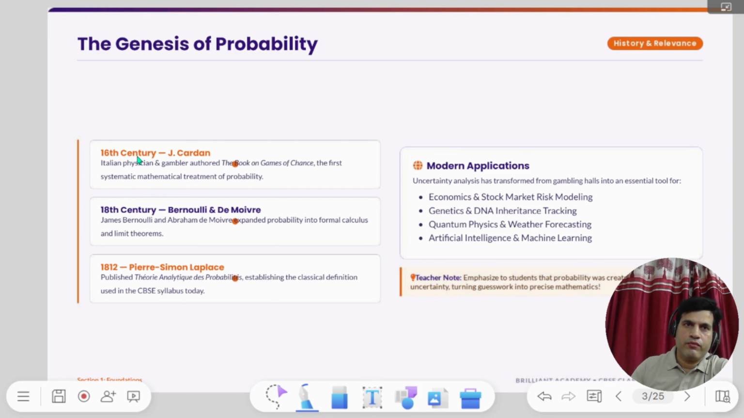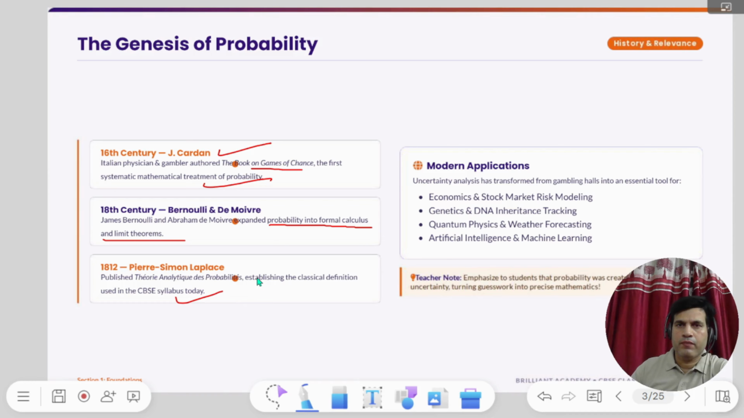What is the history of probability? In the 16th century, J. Cardano, the Italian physician and gambler, authored the Book on Games of Chance, the first systematic mathematical treatment of probability. In the 18th century, Bernoulli, James Bernoulli and Abraham de Moivre expanded probability into formal calculation and limit theorems. You will also see that in 1812, Pierre-Simon Laplace published the theoretical analytical theory of probability and established the classical definition